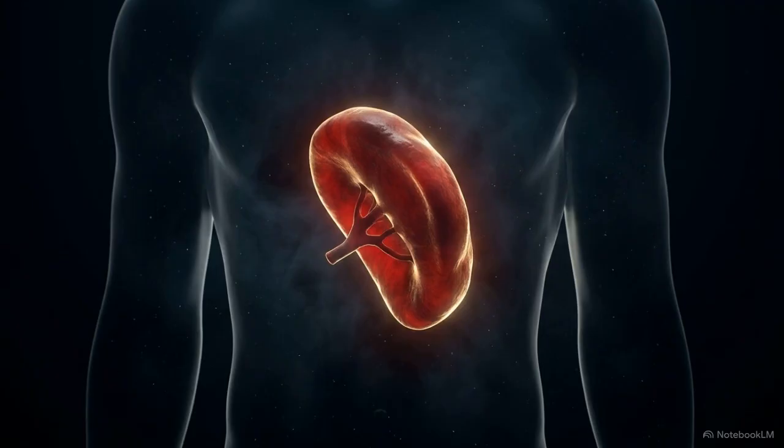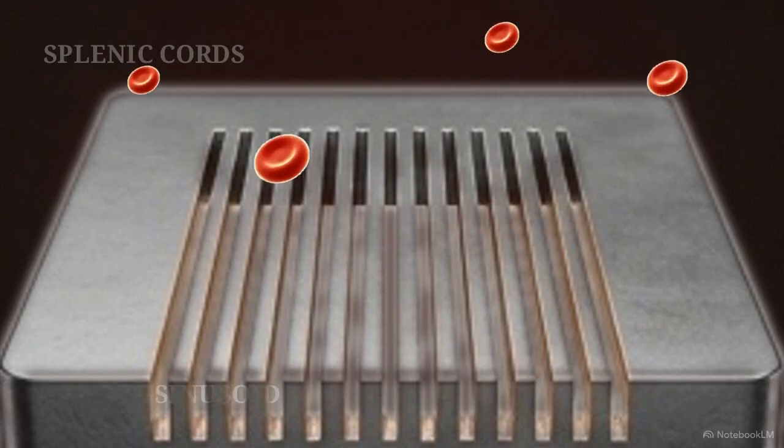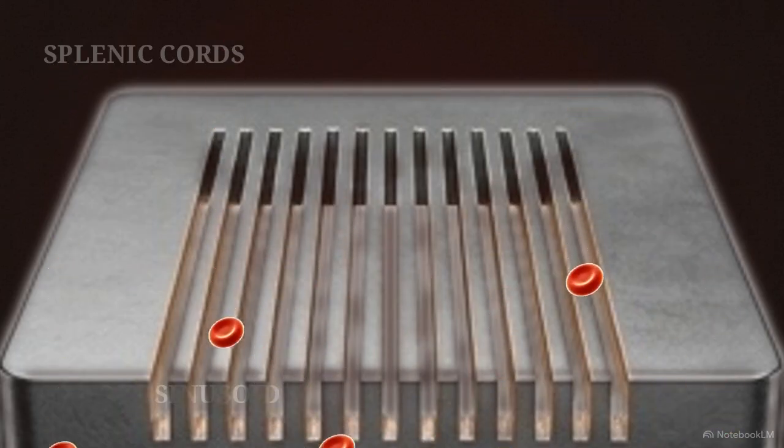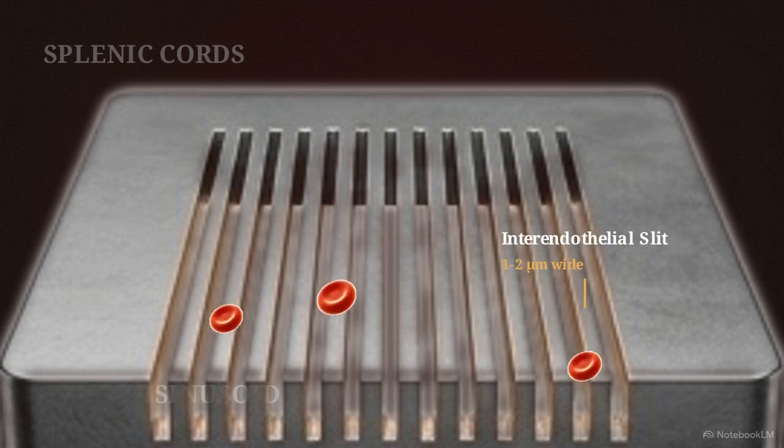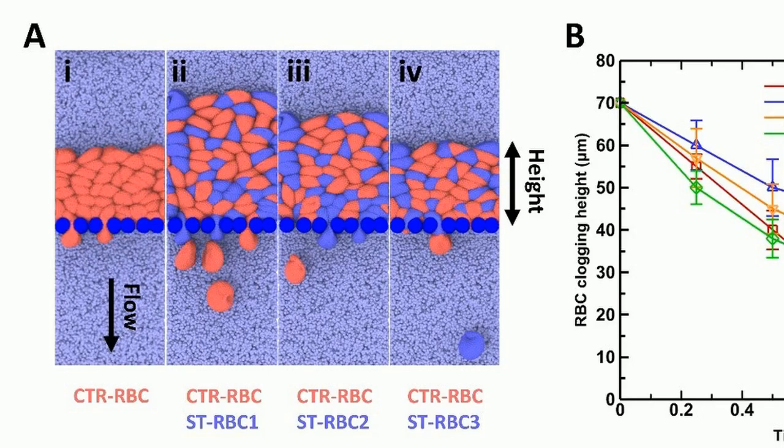To understand why flexibility matters, we have to look at how blood physically navigates the spleen. It operates as a relentless mechanical filter, forcing every single red blood cell through narrow interendothelial slits that are only 1 to 2 micrometers wide. In this simulation snapshot, we can clearly see the overhydrated, swollen cells, colored in blue, failing to squeeze through the tight gaps. They violently jam the parallel slits, creating a massive upstream traffic jam that destroys the cells and leaves